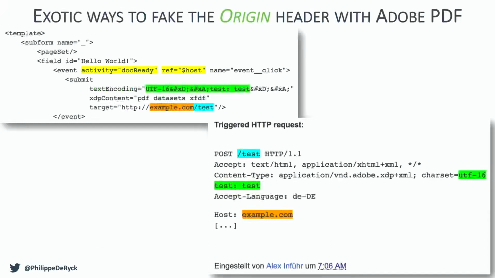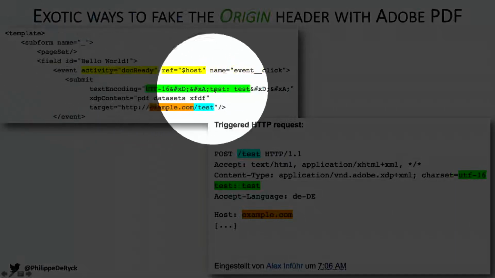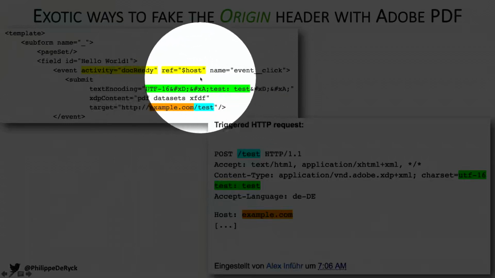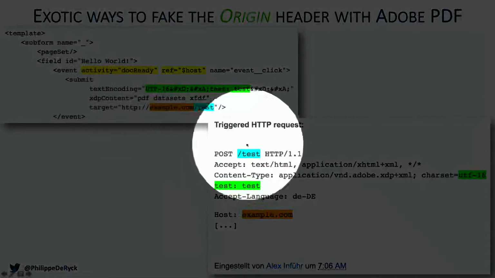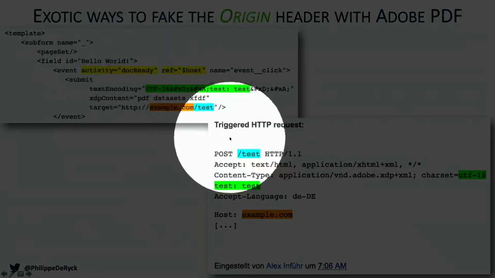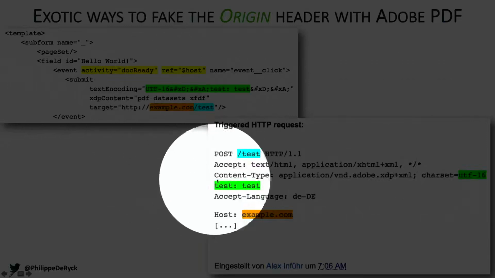Here's one example of how you can forge cross-origin requests with custom headers. It's Adobe PDF, of course. I have to thank Katowice for pointing me to this specific attack vector. So essentially what you have here is a PDF document. And in the PDF document, you can specify some values, and it's a text encoding with some strange characters, and then test. And this will trigger an HTTP request to the backend. And that HTTP request looks like this: a post to a test endpoint. That's the one here. I don't know where the test is, but it's a post with the content type. The charset is the one from here, and then the test header ends up here.